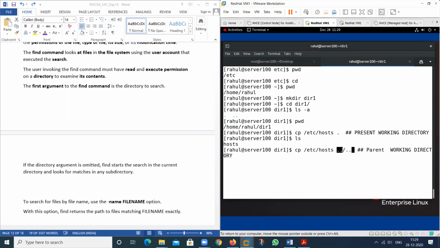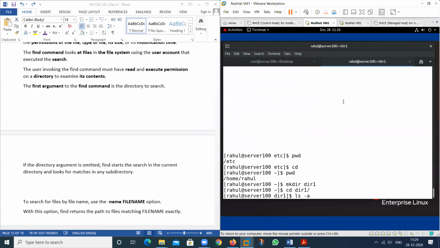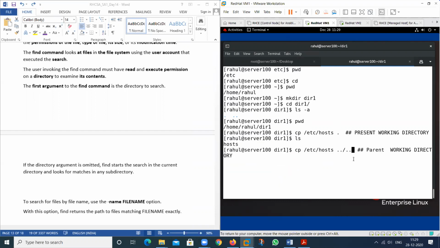So this indicates the parent, or as you told me, Vijay, it means it indicates which one? It indicates that you can also go back. It means to exit from which particular location?